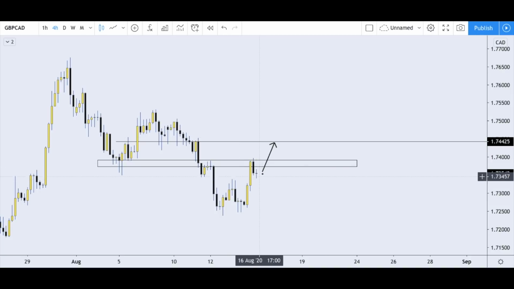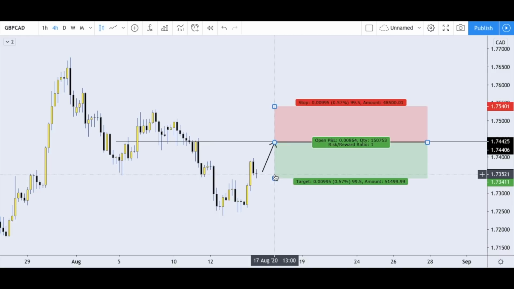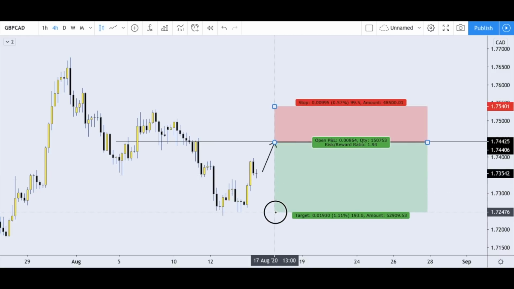So if price happens to continue to push towards the upside, I'd simply delete this zone. I'll be looking for price to come up into this level, as to which we will be looking for a short position, and our targets would be somewhere around here. So we can look for price to come back down to these lows, and our stop loss would just be